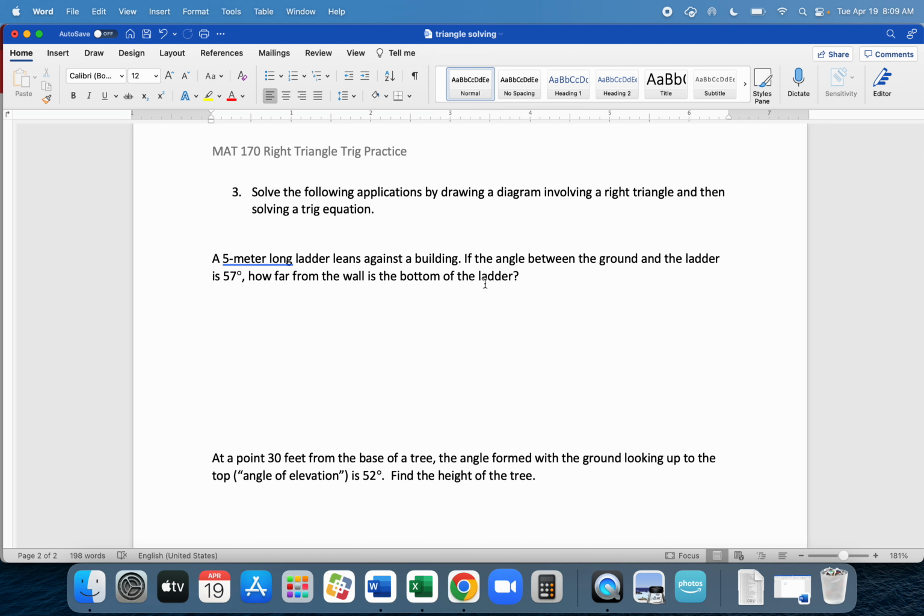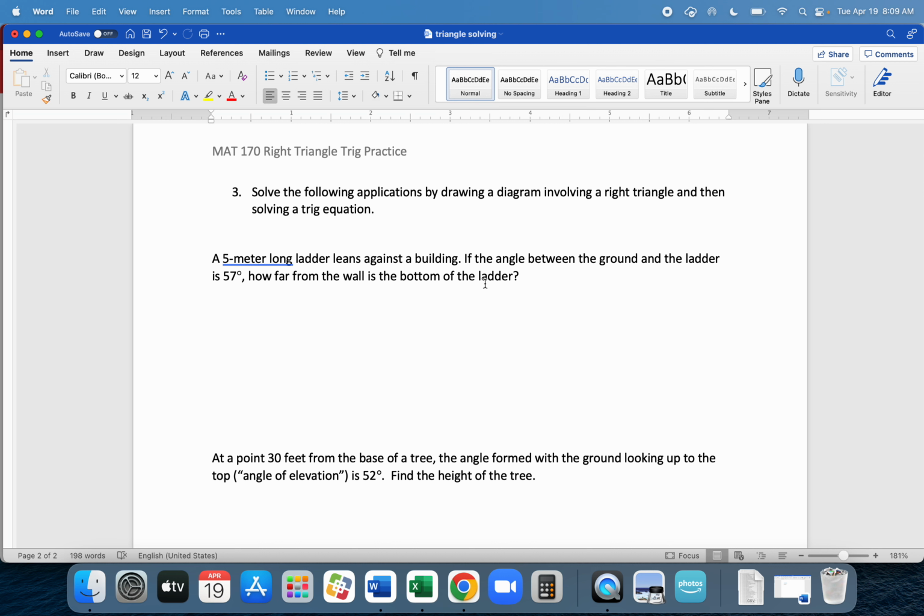And keep in mind that this entire test, it's not a final exam covering everything, it's just on trig stuff. So everything is going to involve angles and triangles and circles and the stuff that we've been dealing with. So if I've got a 5 meter long ladder leaning against a building, and I've got an angle between the ground and the ladder, it's diagram time. So you know how all these pieces are related. Don't try to do it pictured in your head and not draw anything. Otherwise you're bound to get the numbers or the positions of the angles relative to one another mixed up. I mean, you can do it if you want to, but I would suggest